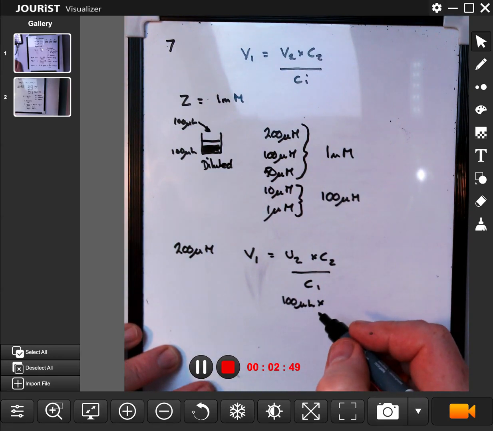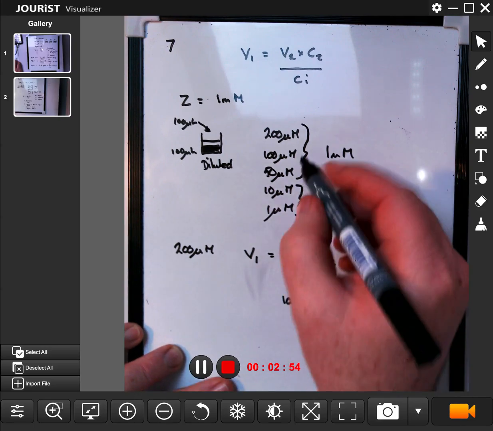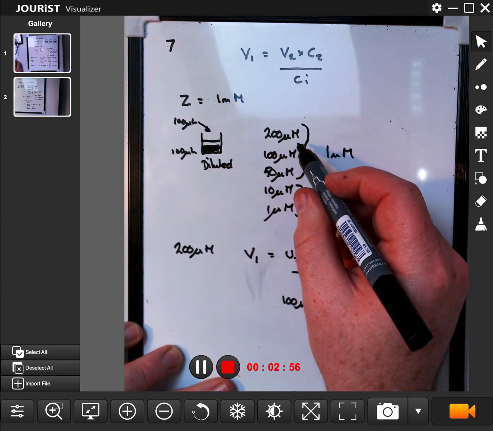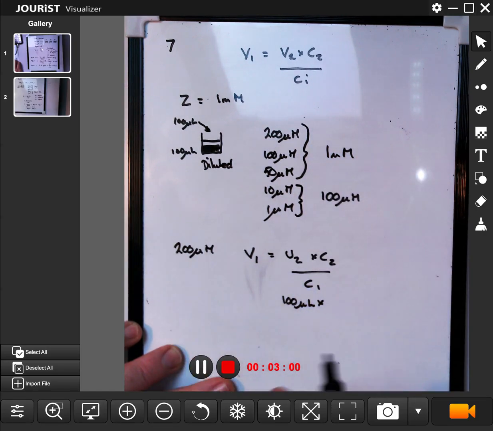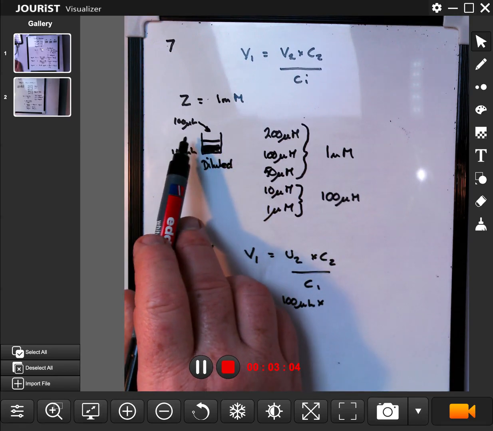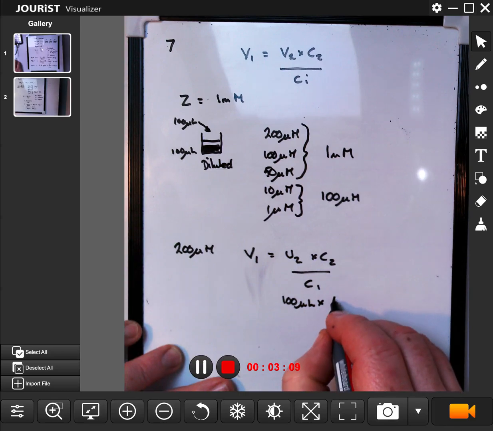And C2 is the concentration of our final solution. Now we want that concentration to be 200 micromoles. But remember, we're diluting it by a half, aren't we? We've already got 100 in there. We're going to put another 100 in, so it's going to get diluted. So to achieve that concentration, we're going to have 400